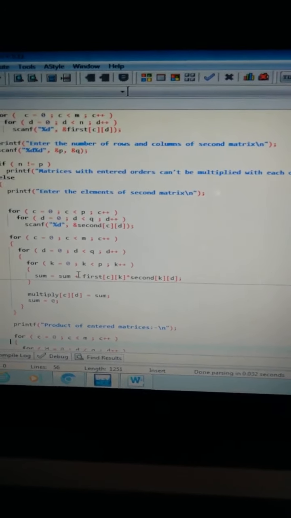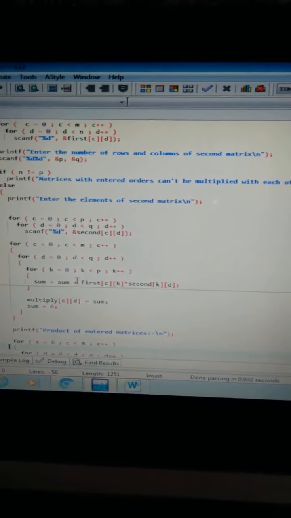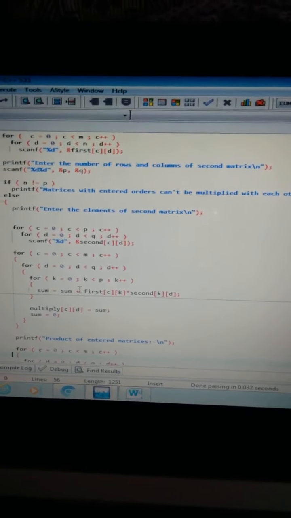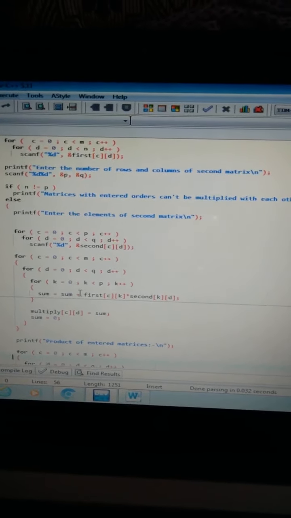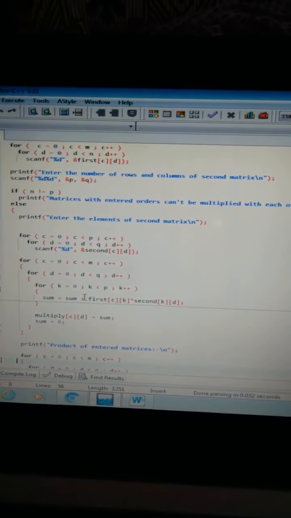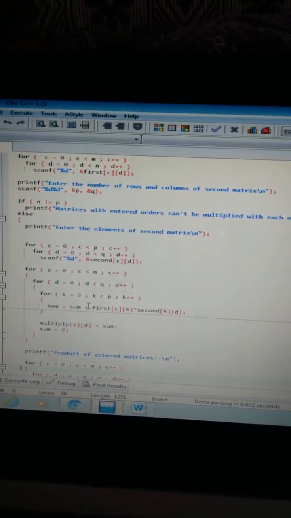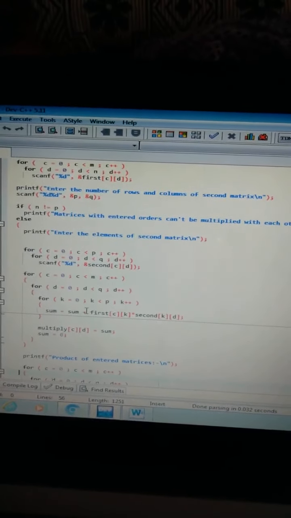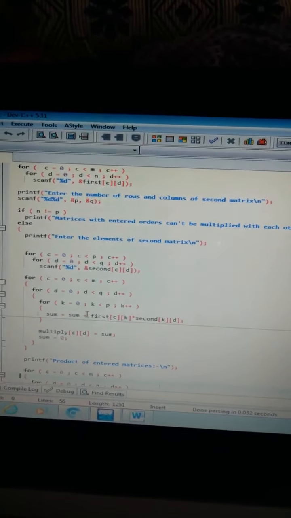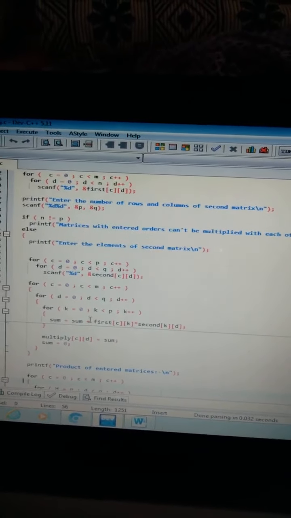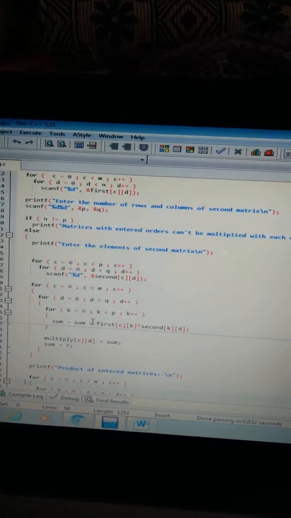That is, if the first matrix is of order 3 cross 3 and the second matrix is of order 3 cross 2, then the resultant matrix will be 3 cross 2. But for multiplication of rows to columns, we need 3 elements of a row and 3 elements of the next matrix.